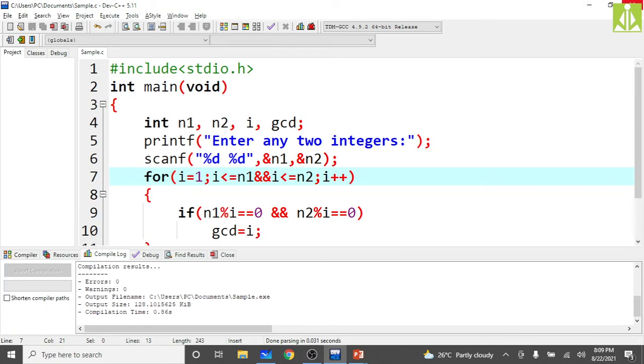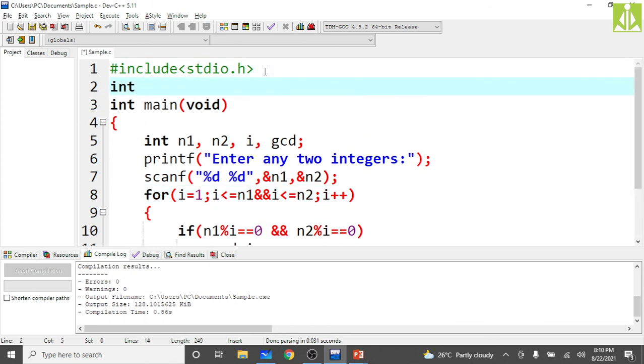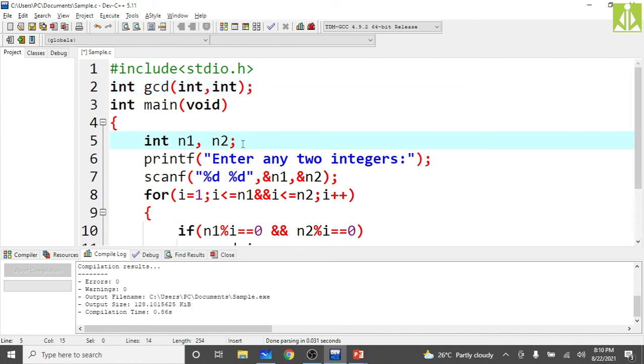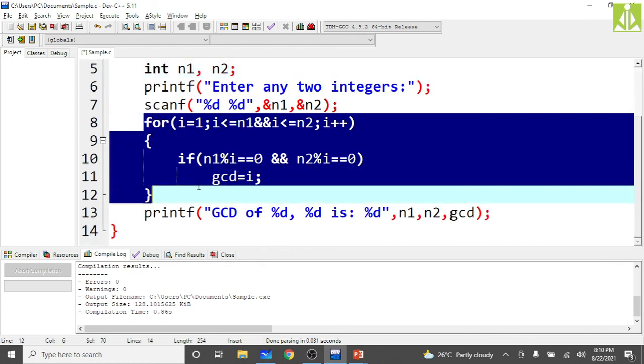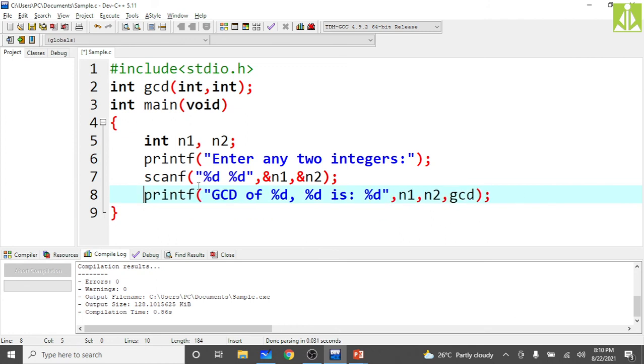Hopefully you understood this GCD. This we have done in iterative approach. Now we will do in recursive approach. So stdio.h, then int main void, and as we are going for recursion, we need a GCD function, and we need to pass two numbers to it. So in main, read n1 n2, no need of running the loop now because we are going in recursive way. Enter the two integers and read n1 n2. Then instead of having all these, just remove this. Here what we do, GCD of n1 comma n2, that's it.